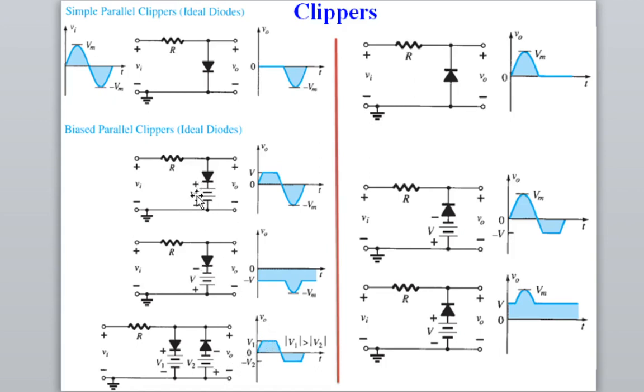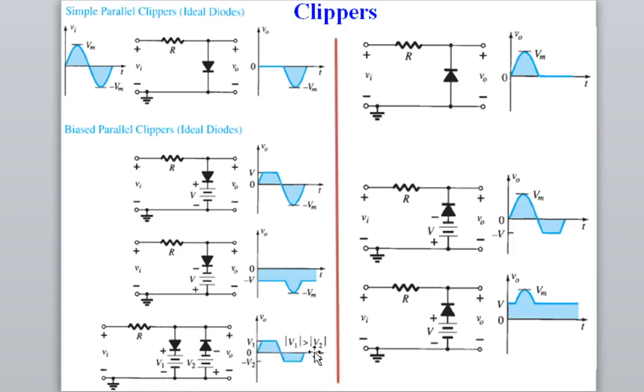If you see here plus minus and the diode in this polarity, you are clipping this much positive portion and allowing this much output voltage. Now if you change the polarity of the power supply, you are clipping this complete positive voltage and allowing the negative voltage, and this is the output waveform. Same way, if you have two diodes, one polarity and another the opposite polarity, with the opposite polarity of the battery power supply, then you are clipping this much in the positive and this much in the negative portion. So the output waveform you will get is something like that.